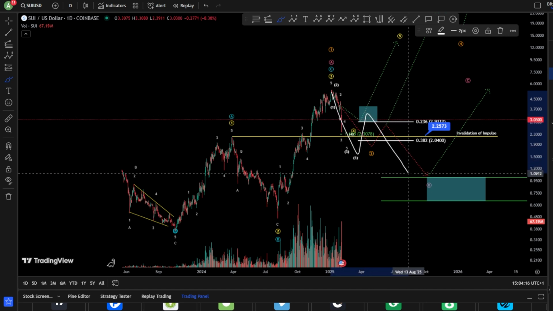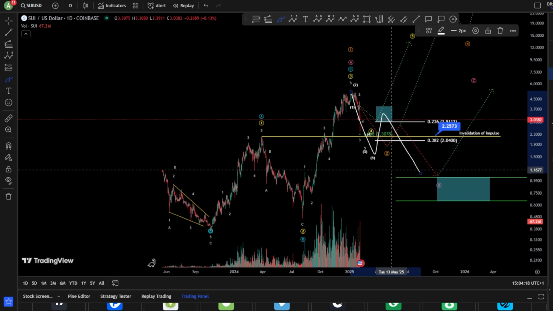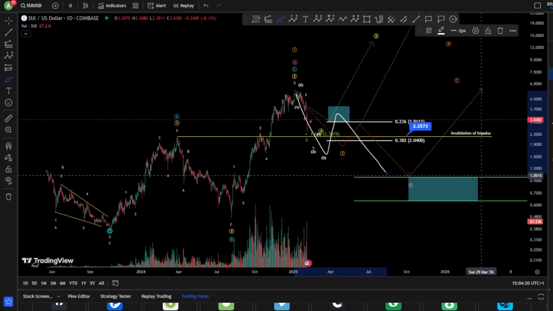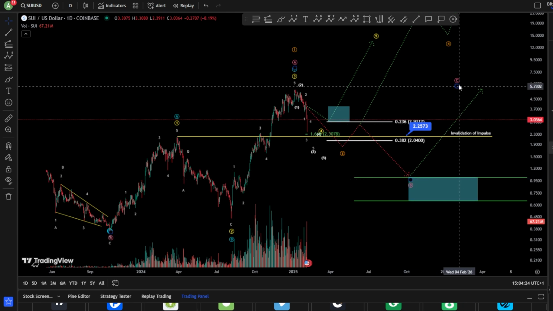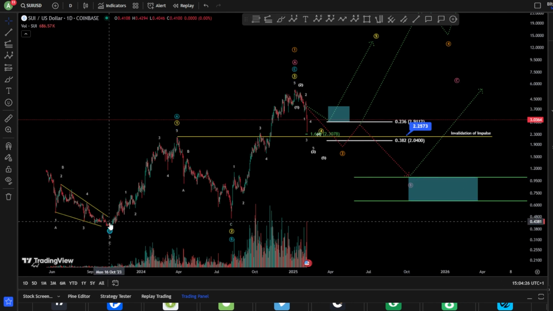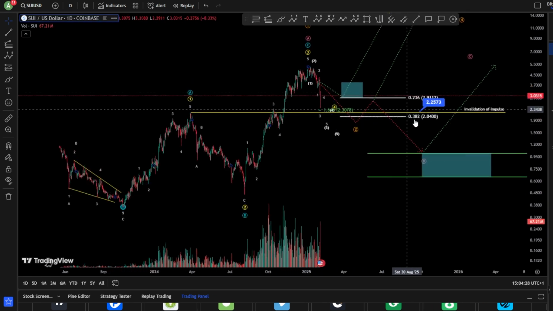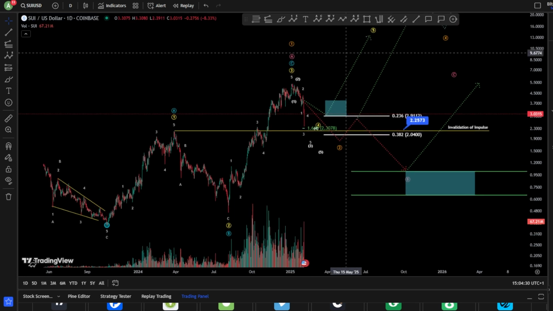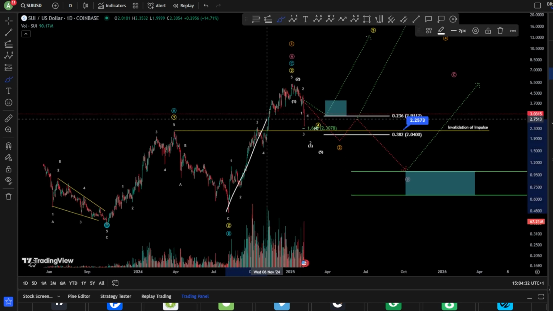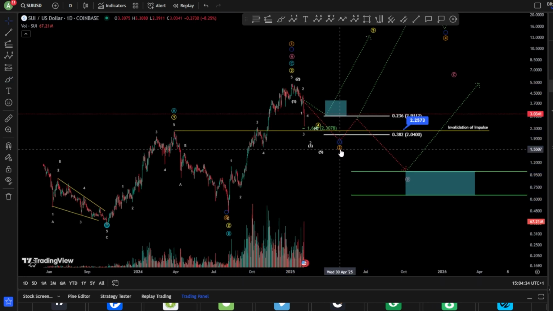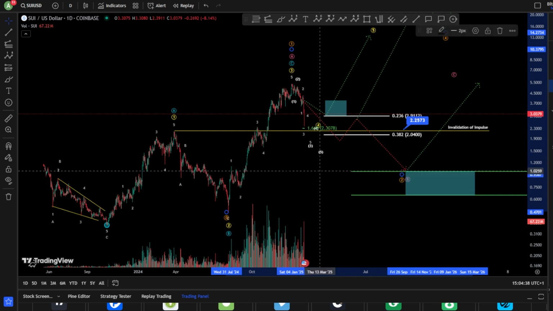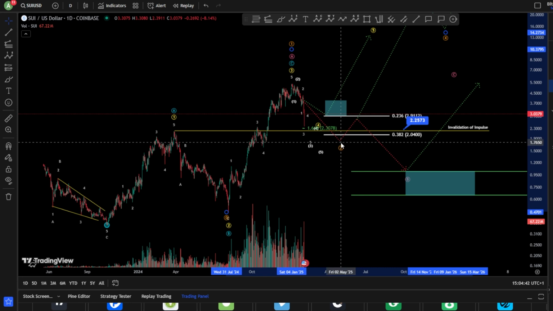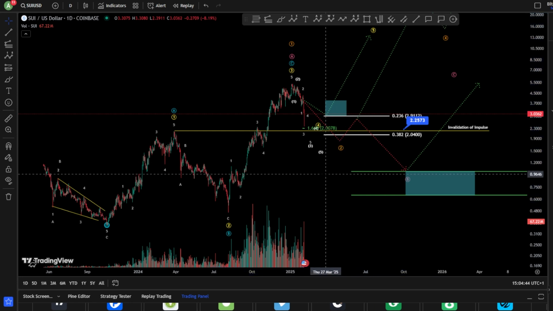Yeah? And that gives us a much bigger scenario here, which might be your magenta as a big ABC, of course, after 3 waves up here, 3 waves up, 3 waves down, 1 more wave C, or it still can be a big wave 1, 2. So the wave 2 can range anywhere here with the wave B, guys. After an impulse, 1, 2, 3, 4, and a 5 toward the upside. Yeah, so that was it for SUI.